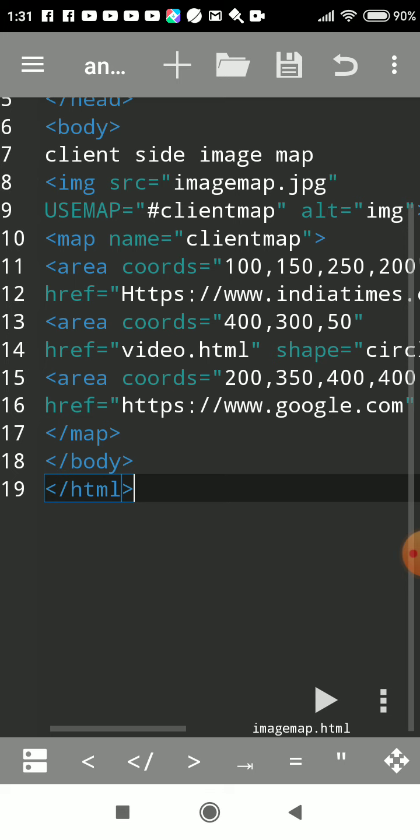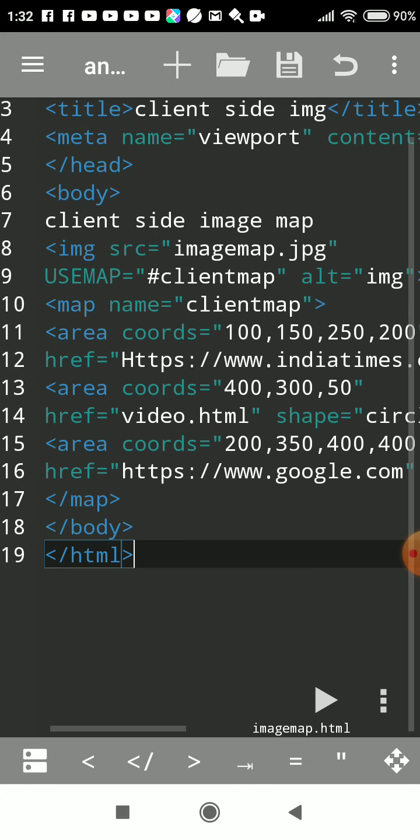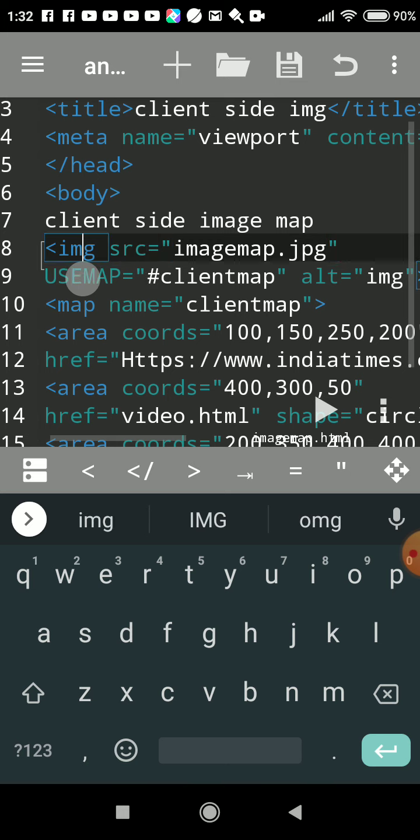Now we'll see what things are used. An image map consists of a number of hyperlinks. Each link is linked to an area. We have to mark that area to link to some site. So here we will be using the img tag. src, the source, means you have to give the URL name of the file for which we want to create the hyperlink.